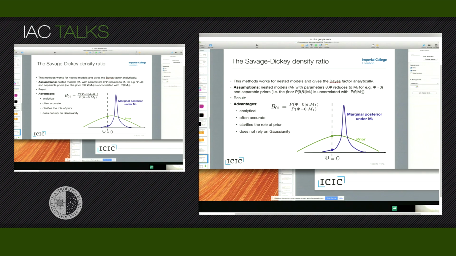So you can do Bayesian model comparison without having to worry about doing the multidimensional integrals that are characteristic of the Bayesian evidence. Also, looking at this expression here is useful because it clarifies the role of the prior. In other words, if I change the width of the prior, specifically if I make the prior wider, the height of the prior has to drop because the prior has to be normalized. And when the height of the prior drops, the Bayes factor increases, thus favoring the simpler model,